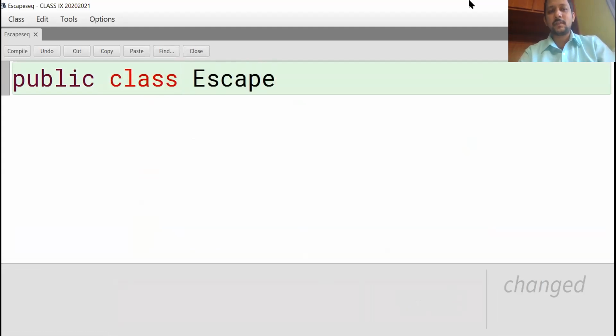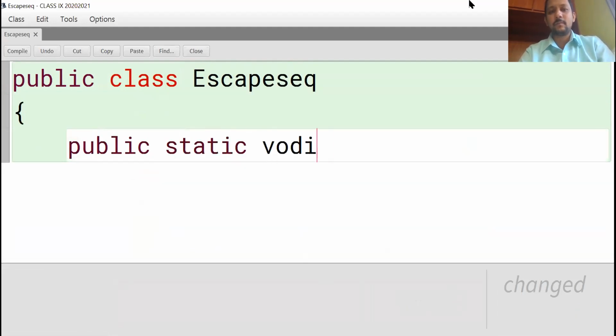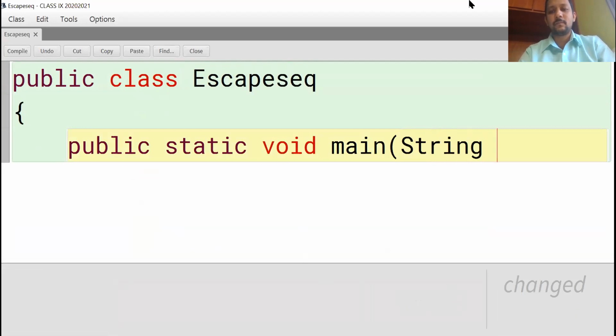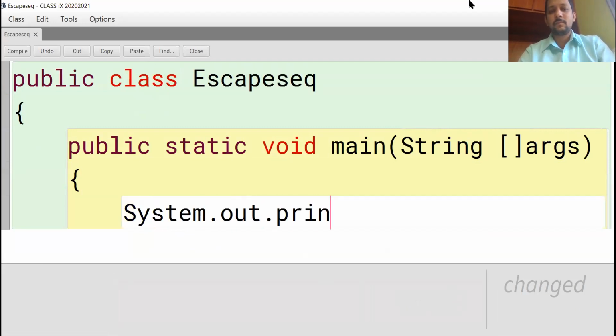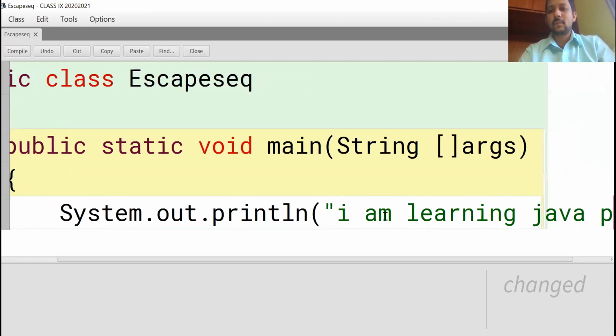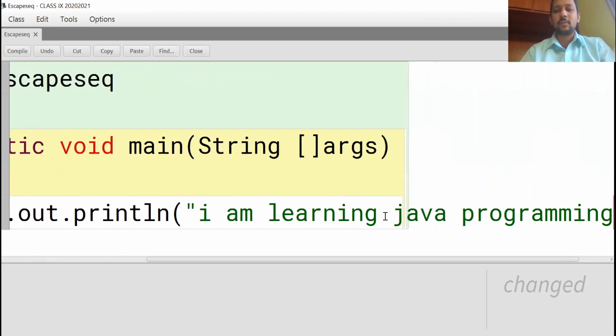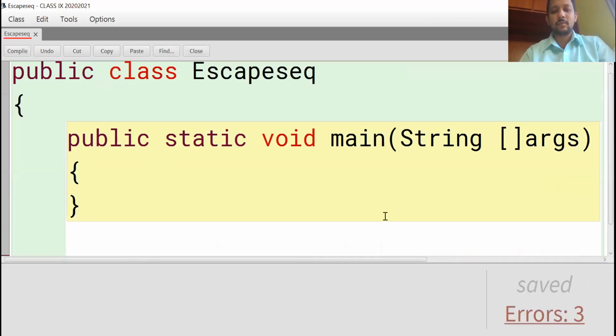Public class escape sequences, main method, open main, and print anything, like, I am learning Java programming.